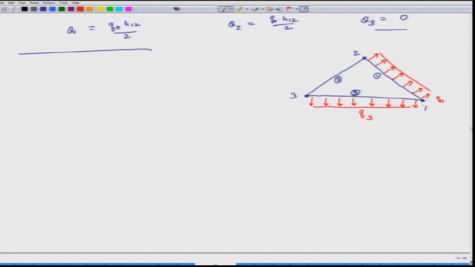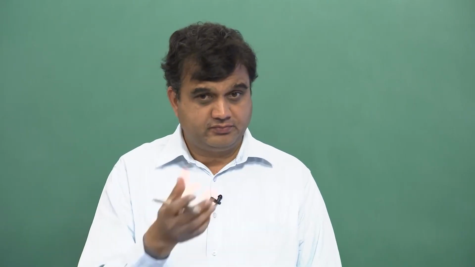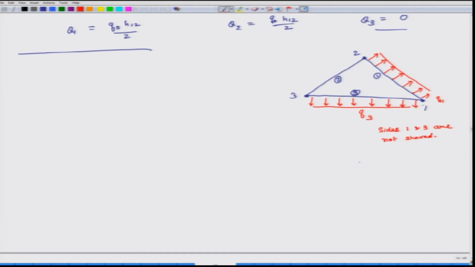So, for which sides? These are sides 1 and 3 that are not shared. So, I have to calculate Qi for these sides, right. For the third side, which is side 2, I do not have to worry about it. Sides 1 and 3 are not shared, 2 is shared. So, for the shared side I do not have to worry, because when I do assembly it will cancel out. So, for side 1,